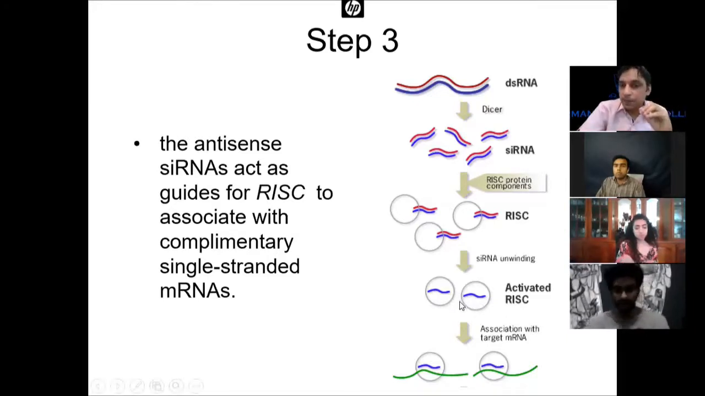After that, that single strand, which is complementary to one of the messenger RNAs out there, will bind with the messenger RNA and then destroy that messenger RNA and silence that particular gene. Now it depends on the nature of the double-stranded RNA which you are using. If you want to silence, if you want to knock down one particular messenger